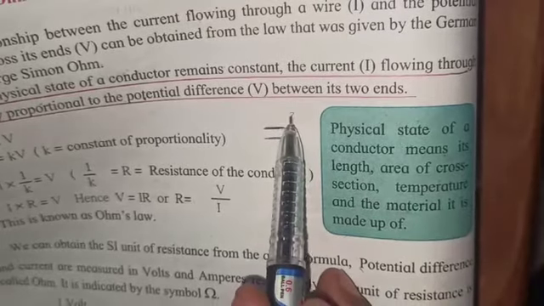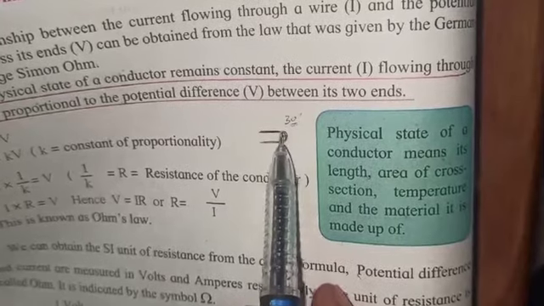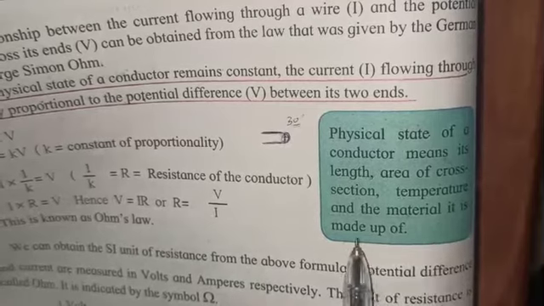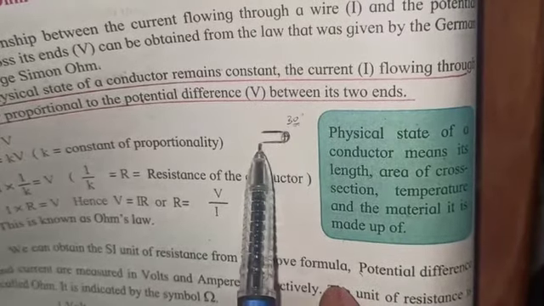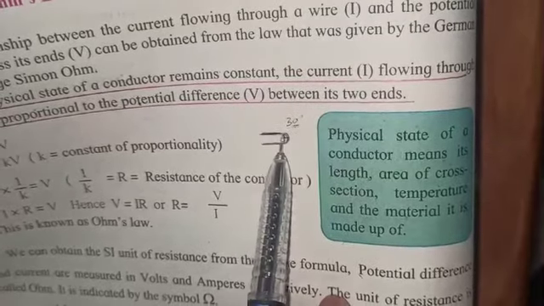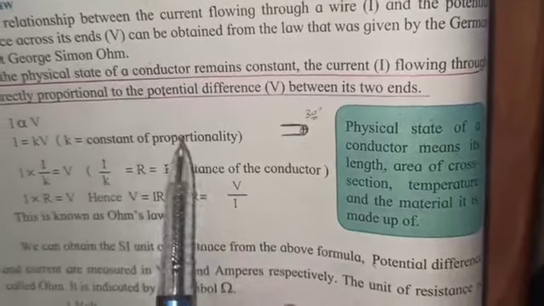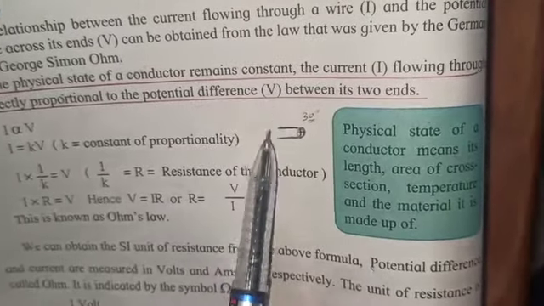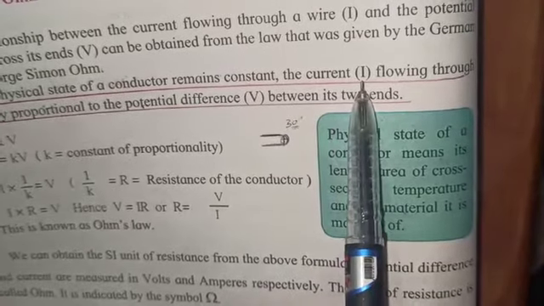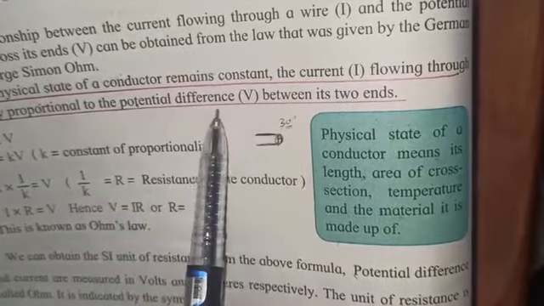Temperature. Suppose temperature is 30 degrees Celsius, then from end to end it must be at 30 degrees Celsius, no more or no less. And the material it is made up of. If it is made of copper, then again it must be of copper. Means if you take the same wire up to the end, that is physical state, and if it remains constant, so no change will happen with that wire, the current I flowing through it is directly proportional to the potential difference